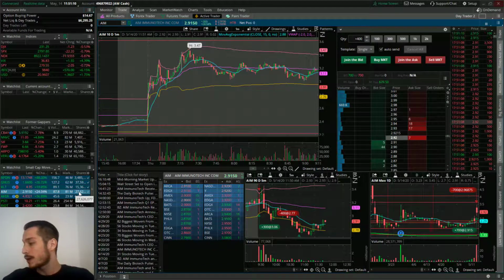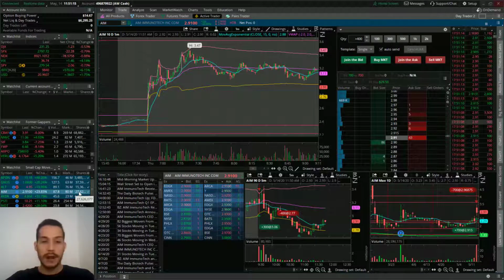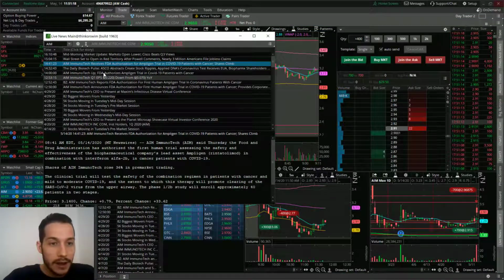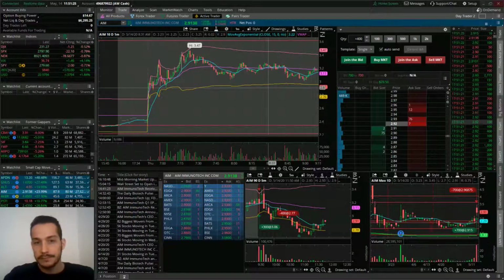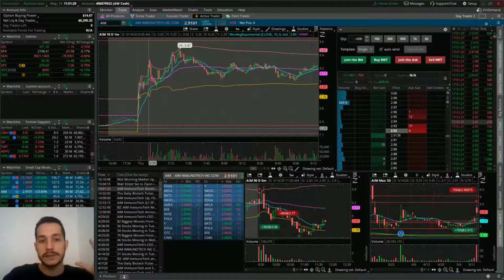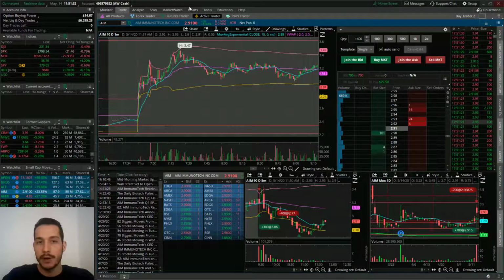US biotech with an FDA human trial approval catalyst. That was quite a decent little catalyst. FDA authorizes patient with cancer. Yeah, okay, so hopefully that works out, and it was enough to apparently drive the price of AIM up about 50% pre-market,